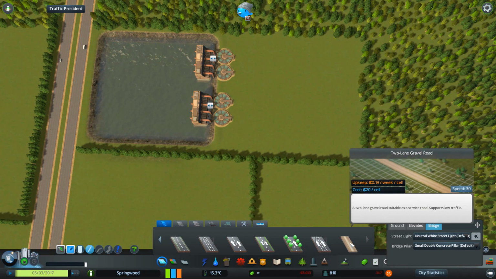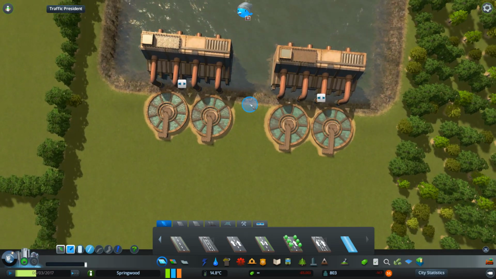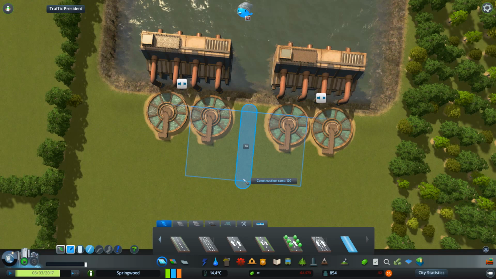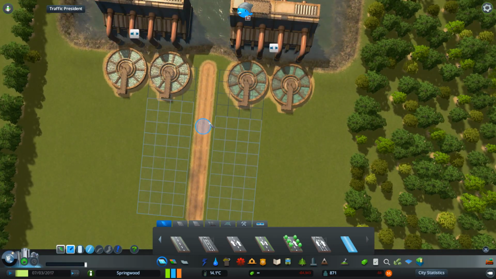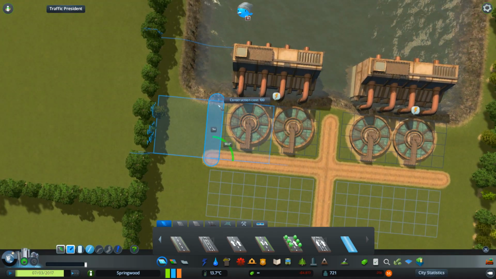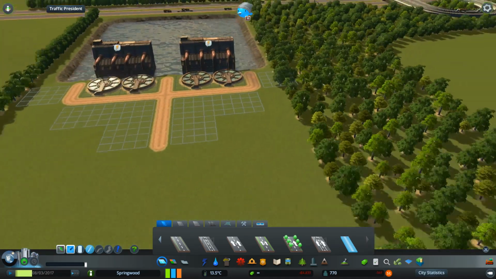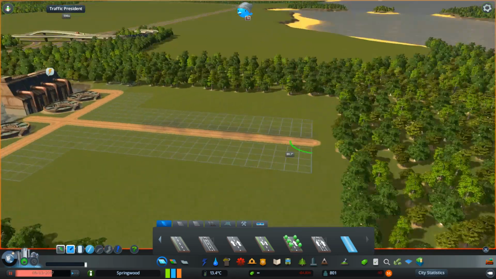2-lane gravel road. Supports low traffic. It really gives you the idea that you're in a real industrial area. Let's see if we can just put together something here. Let's make that a little bit longer. Yeah, something that will fit in with the build that we've got going on here. So we're getting some road access around the sides, which is good. That's what we need. And if we continue this up to here...